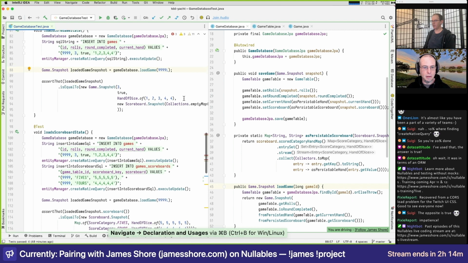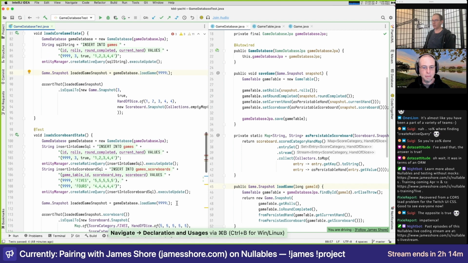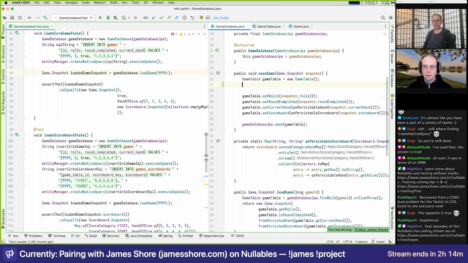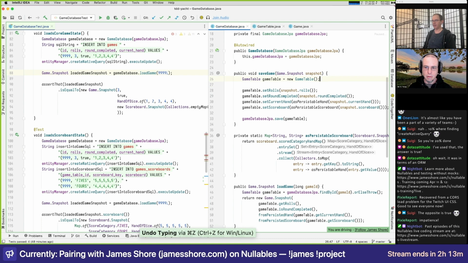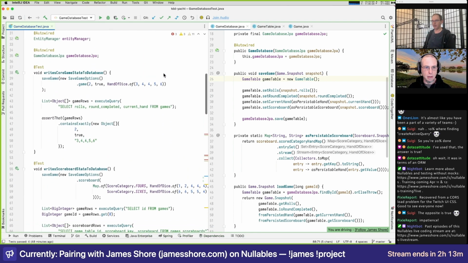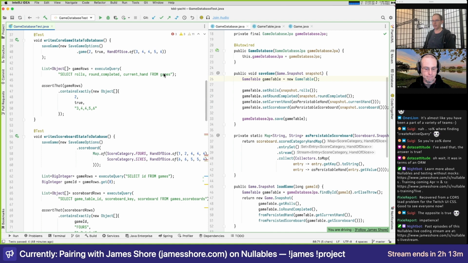Okay, so let's modify our save so that we hard code the ID. I was going to say let's modify the test first. Which test do you want to modify? You want to modify the load? Let's start at the very top and just go through it one at a time. Can we just run this one test to make this easier? Yep.